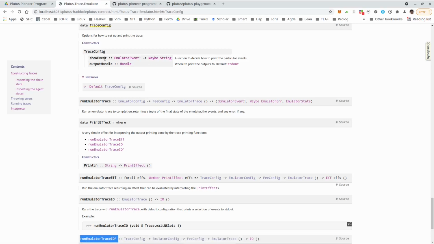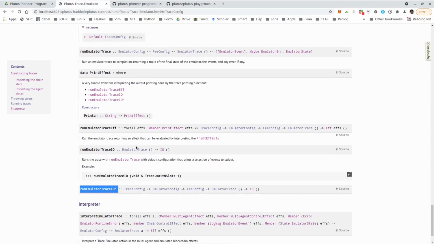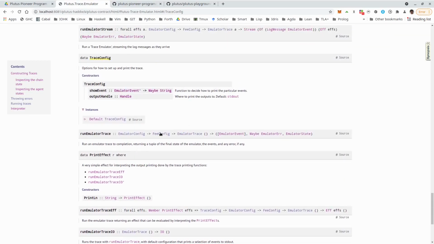And we have a field showEvent, which takes an EmulatorEvent' and returns a Maybe String. The idea is we get this list of all the emulator events when we run the runEmulatorTrace function, the one with so much output.